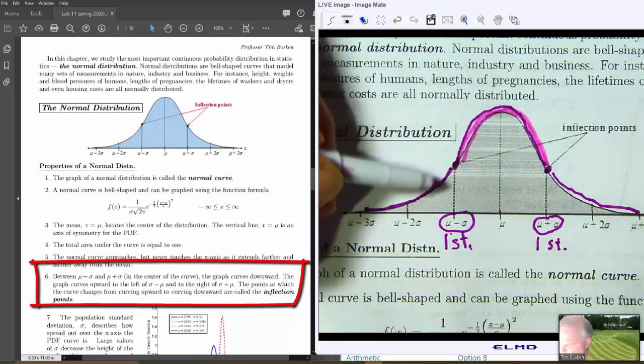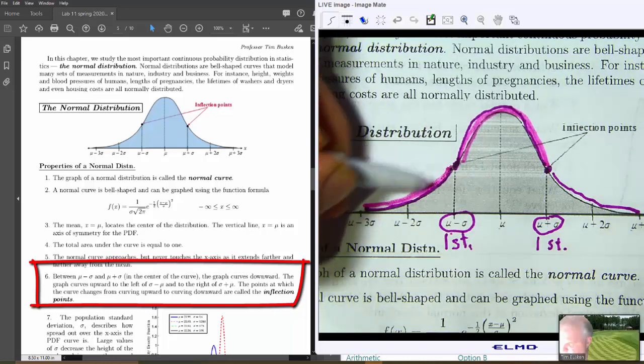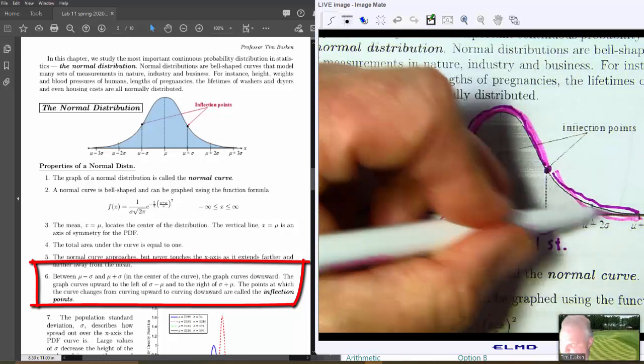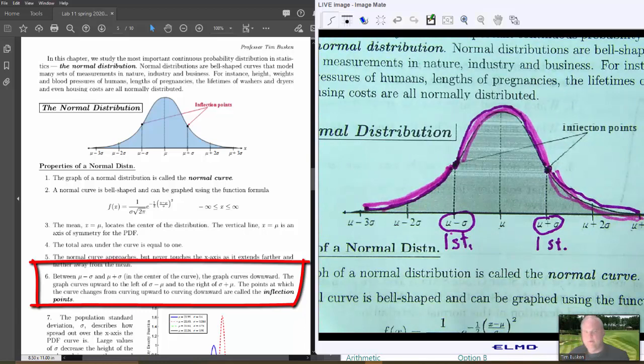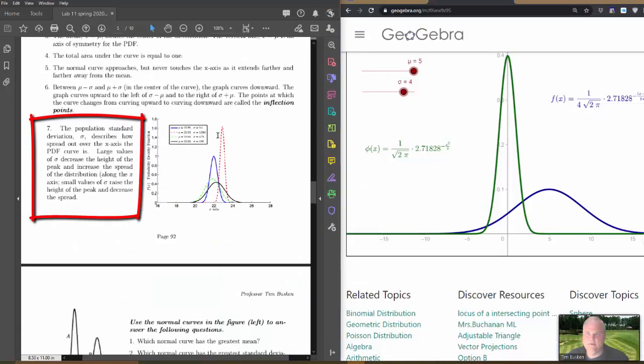Outside of that, again, the graph is bent up or concave up. So property 6 just says that there are inflection points. Property 7, the population standard deviation, sigma, describes how spread out along the x-axis the